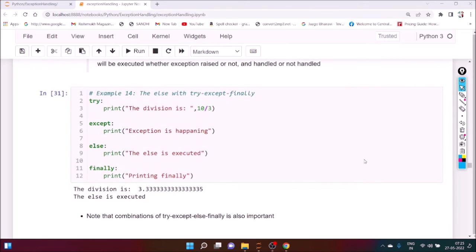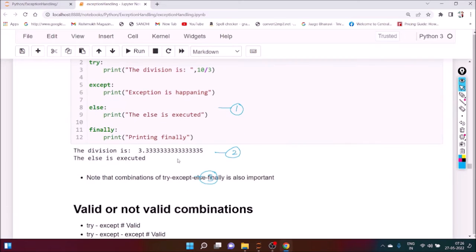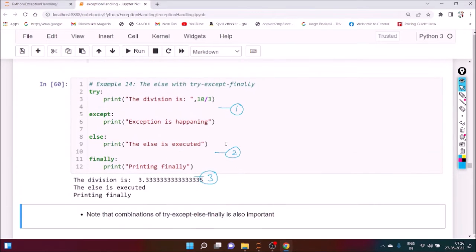So we can see the example. Okay, now here we can see the example. Print the division 10 by 3. So no problem is there. It will execute this line, this line, and this line. Now execute it. You can see here, no problem is there. It will execute this one, the division is, then it will execute the else part and